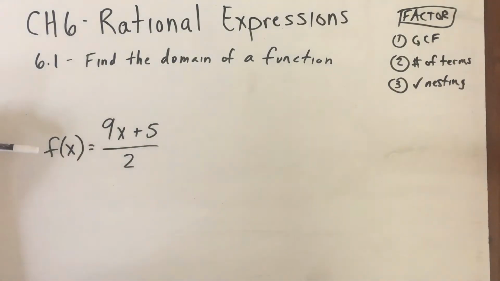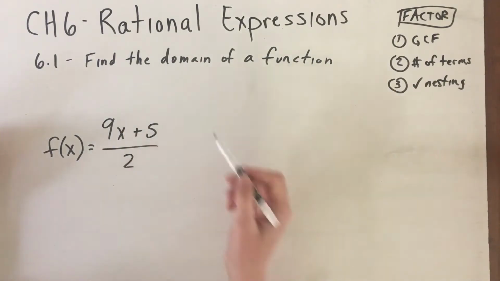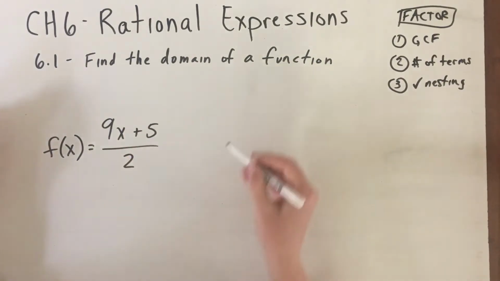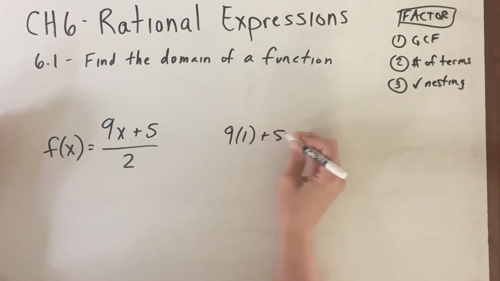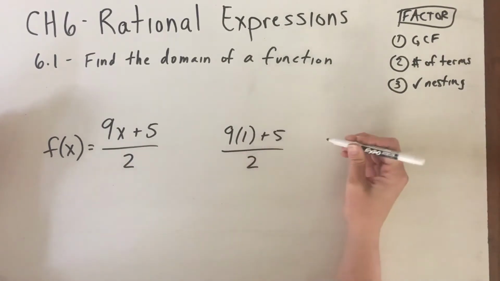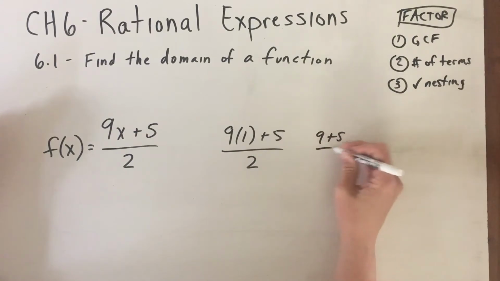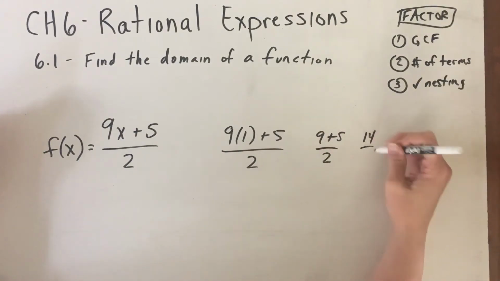So we're going to start out with this rational function. So it's in function notation. Remember this f of x can be replaced with y, so we could say that y equals this. Now if we have this function, I could plug in any value that I want for x. I could say, well, what if x was 1? Well, if x was 1, I'd get 9 plus 5 over 2, which would be 14 over 2, which is